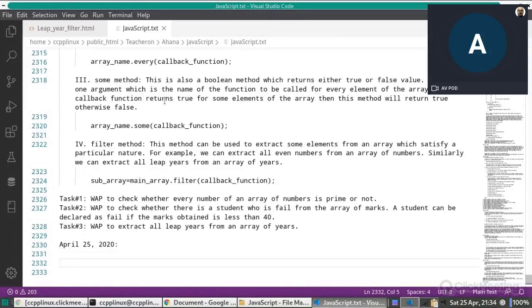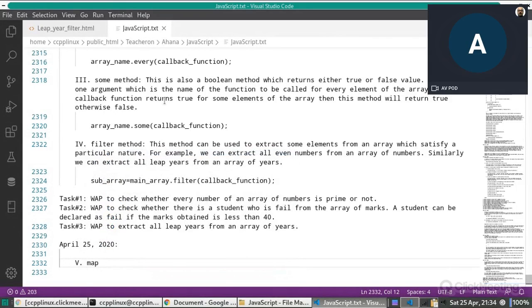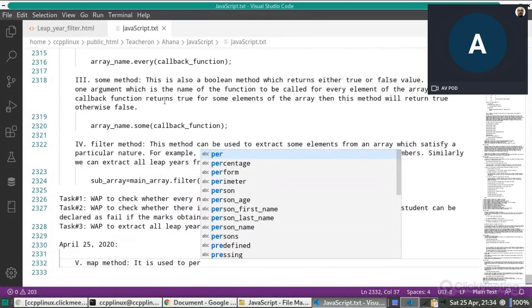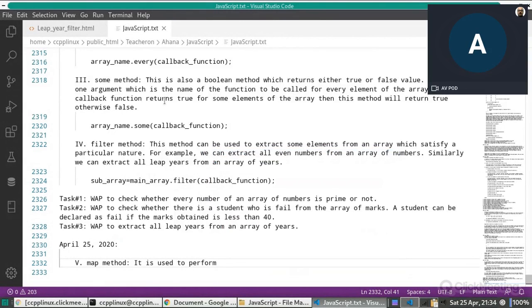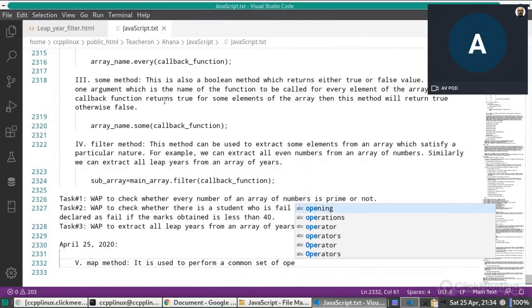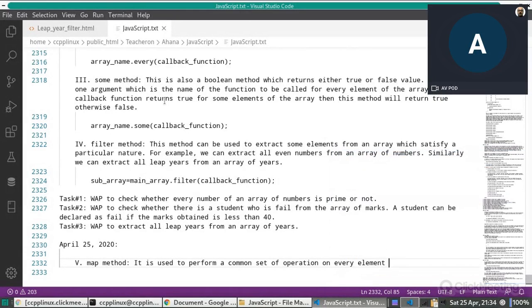Another function is map. There is a method whose name is map method. This is also interesting. It is used to perform a common set of operations on every element of the array.